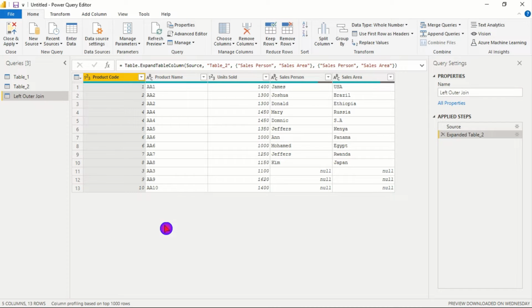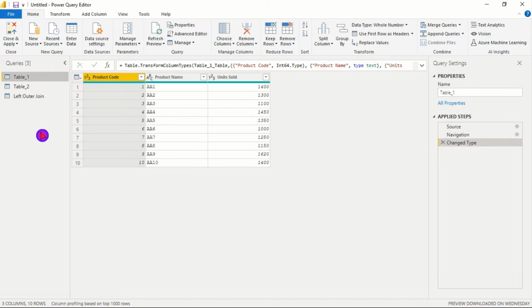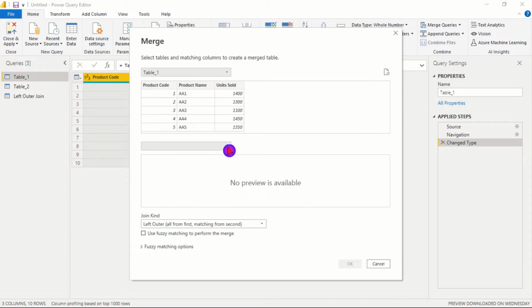So this is ready and can now be loaded into the front end of Power BI. So let's try again to see the next option of right outer. So again I choose table 1 and go to merge queries. I will choose merge queries as new,